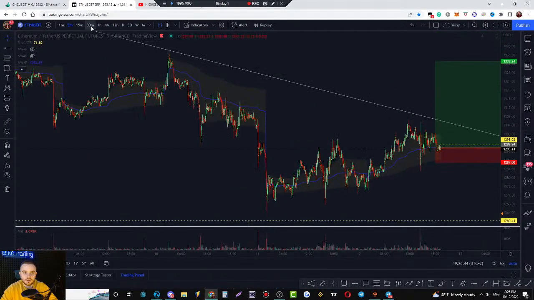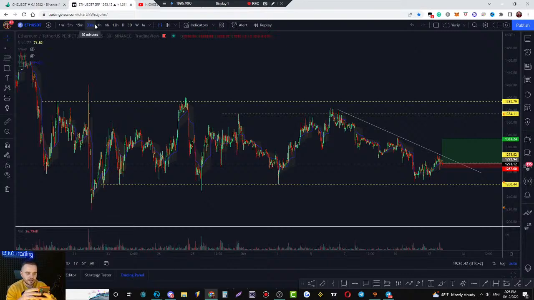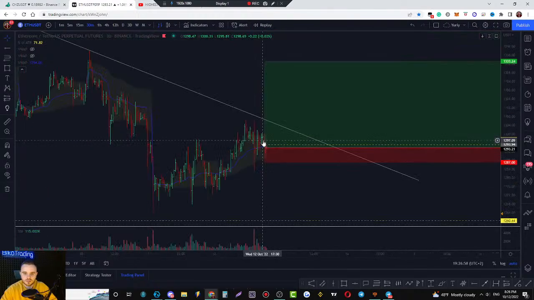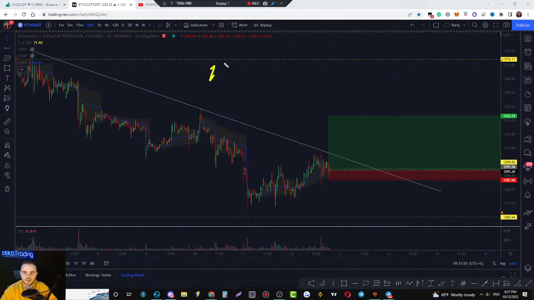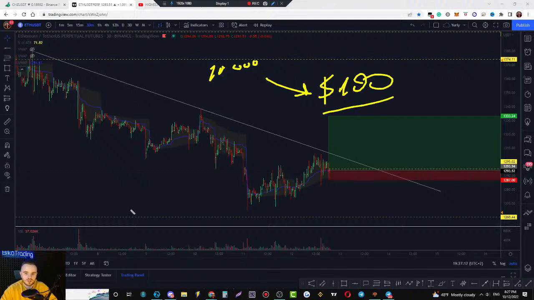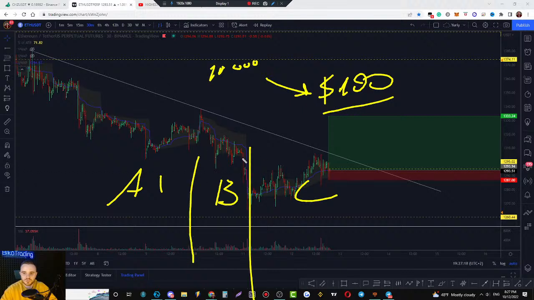Okay, a question: is the risk 1% of your entire balance or just 1% of your trade position? Your entire balance. If you have $10,000 on your account, 1% of 10,000 is 100 USD. That is the maximum risk that you can have. If you trade A, B, C trades, on each trade the maximum must be 100 USD. Maximum. Better if it would be even less.